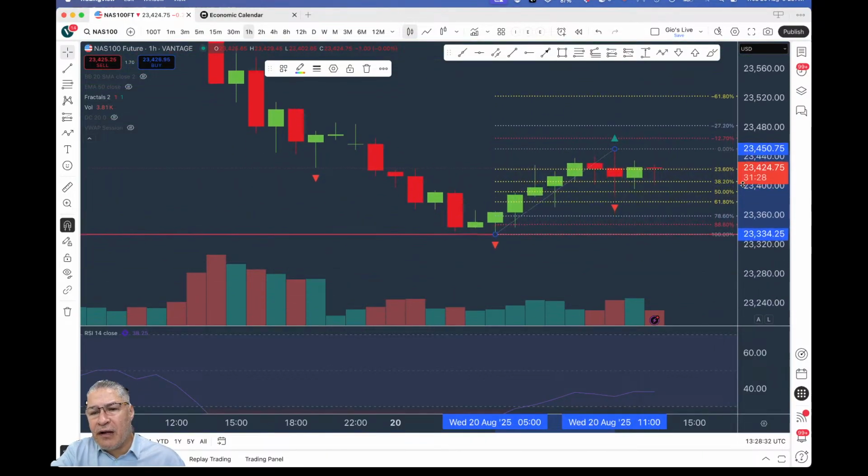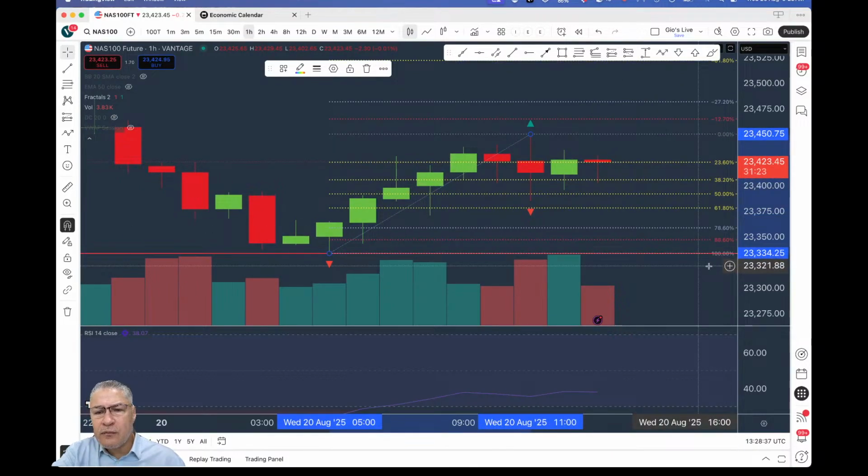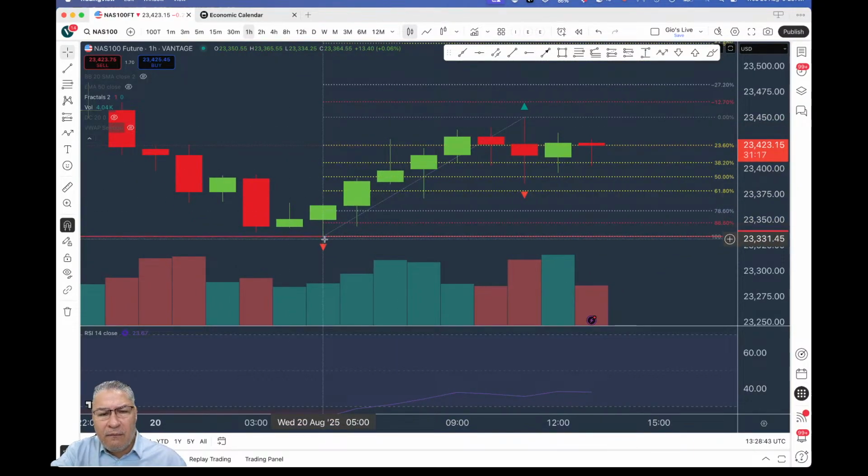I can come and speculate using my Fibonacci retracement tool, where I've added values to the upside, and using the fractals,